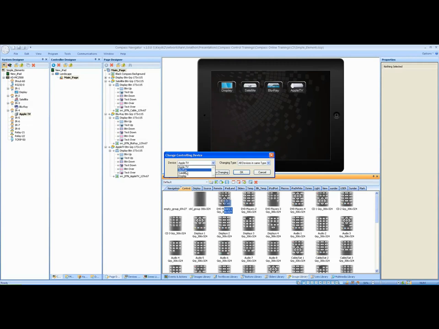Well, just one moment here. Actually, we'll tell you first. When you drop a panel into the iOS controller, you're able to specify what device this is controlling. So we have all of our devices that we've added to the project listed in this drop-down list here. So we're going to choose Blu-ray player, for example, for this one, and it gives us the option